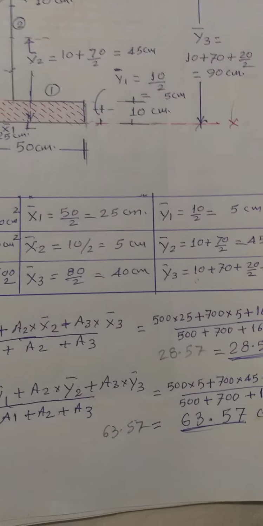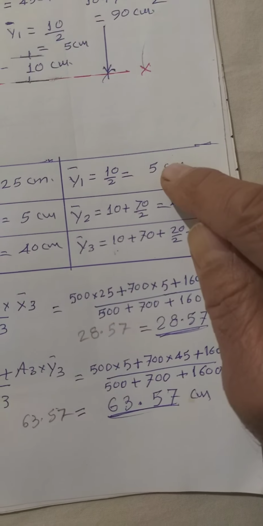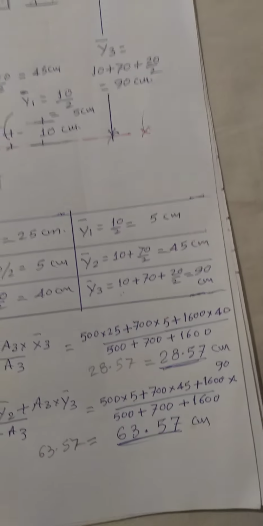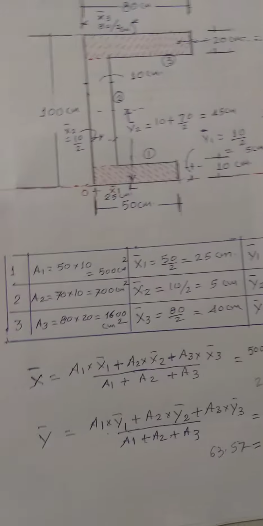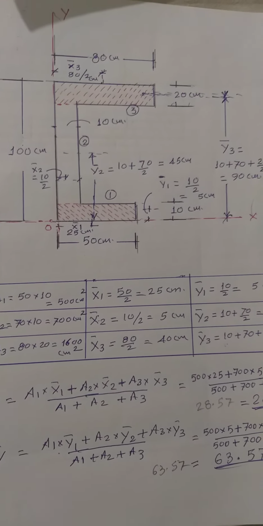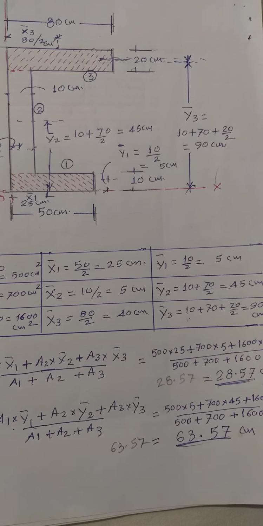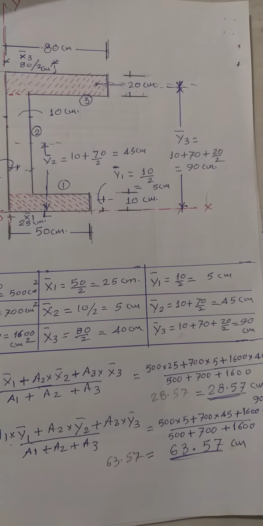Put all the values in a table: y bar 1, y bar 2 and y bar 3 are 5 centimeter, 45 centimeter and 90 centimeter. Once all the values of a1, a2, a3, x bar 1, x bar 2, x bar 3, y bar 1, y bar 2 and y bar 3 are known,